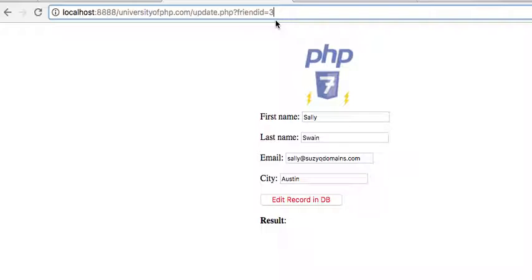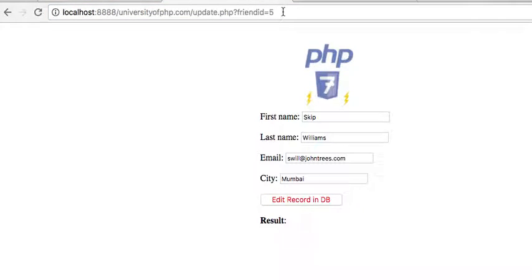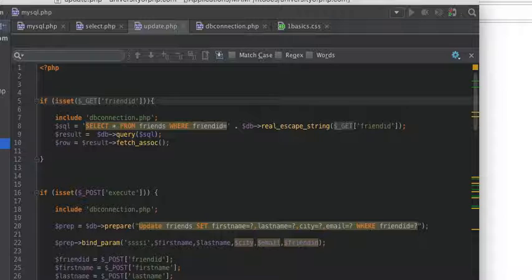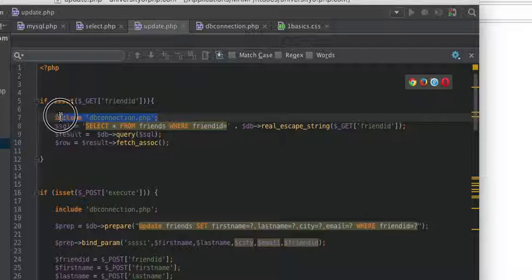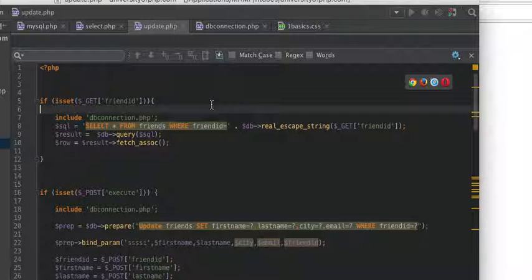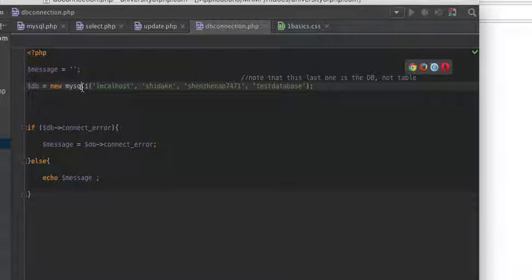And so at the next page, this is available to us. It's available to our page. Okay? So it says 5. It sees 5 up here. And then when it renders the page, it has that data 5. Okay? And so we're using that right here. All right? In our update page, what we do is we establish a database connection. You'll remember from the previous video, in the video I did before, we establish our database connection here,